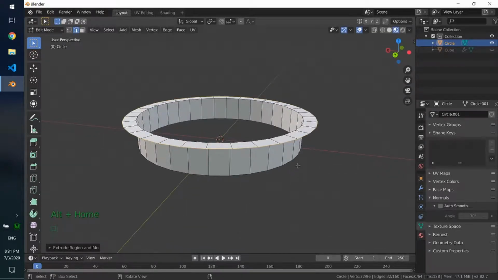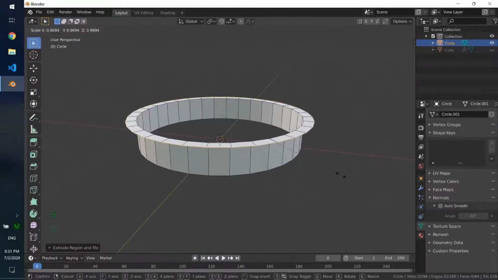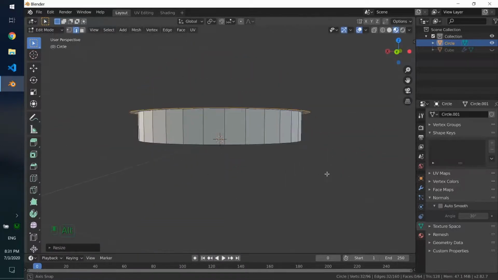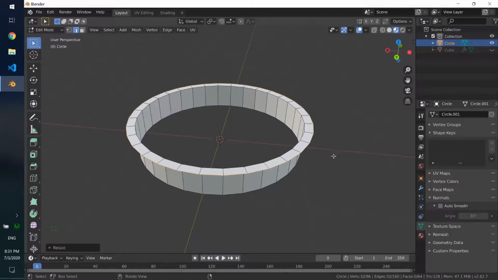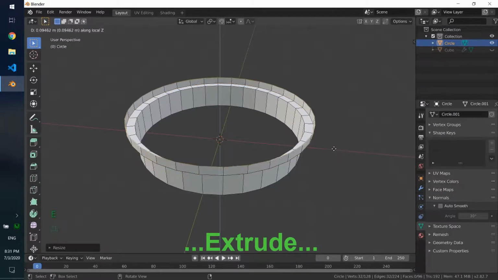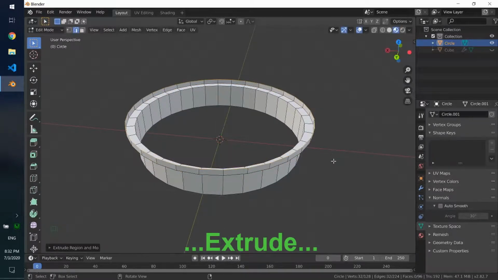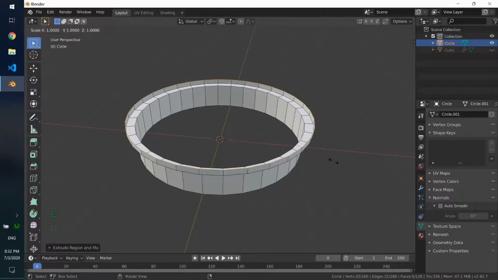We need to focus more on this. Okay, now scale on the z-axis and extrude and scale again, extrude upwards,